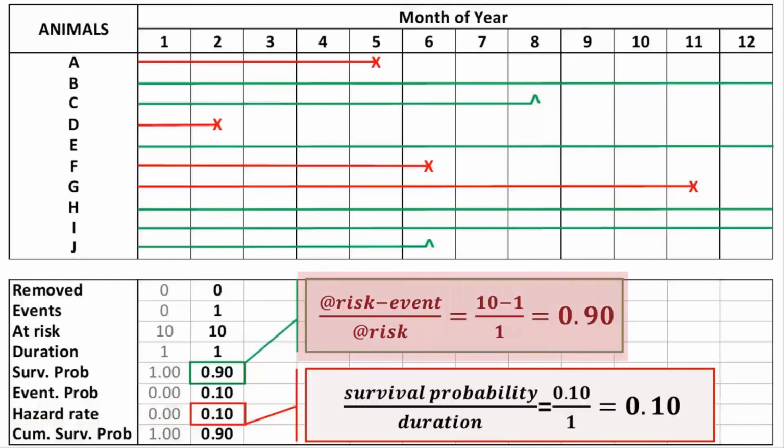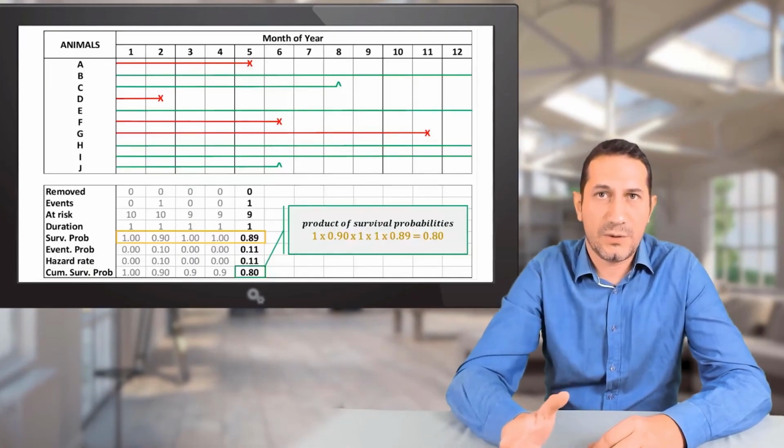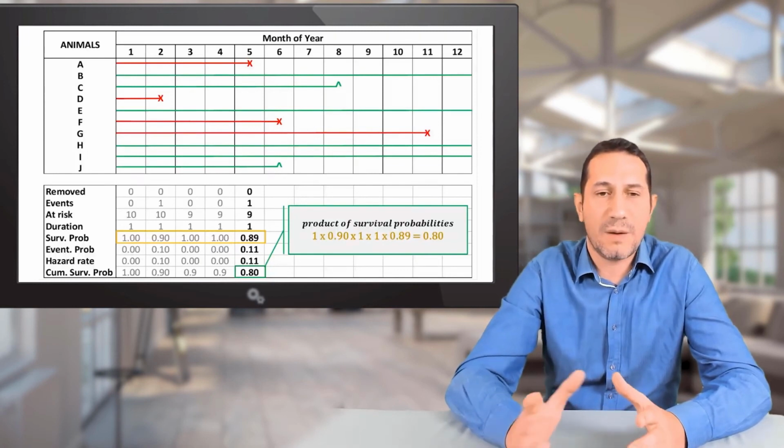Now, to calculate the survival probability, we use the concept we mentioned, that we say the animals at risk minus the event, the number having the event above the at risk, and it will give us 90%. And the hazard rate in this case is survival probability above the duration, which is 10% above 1, yielding 10% again. And so on, we continue with the calculation, and we, let's say, go up to the second